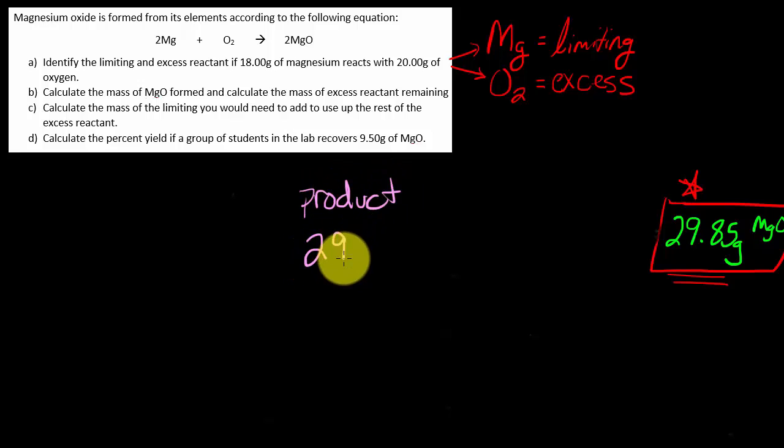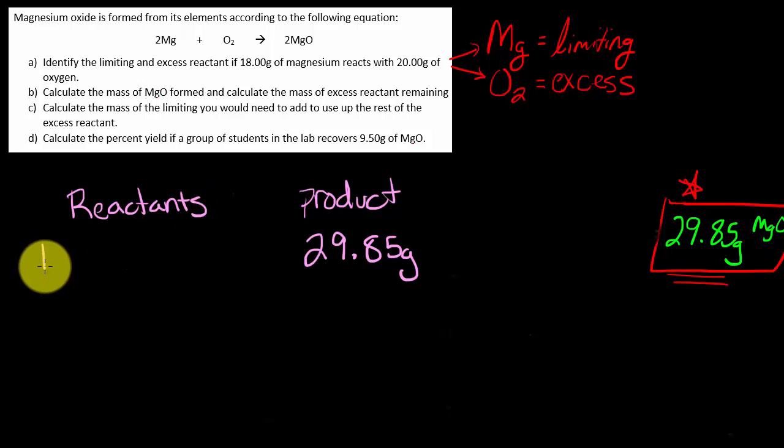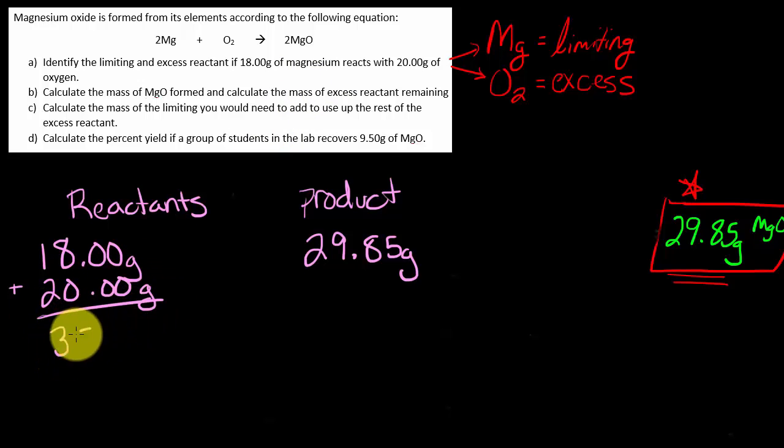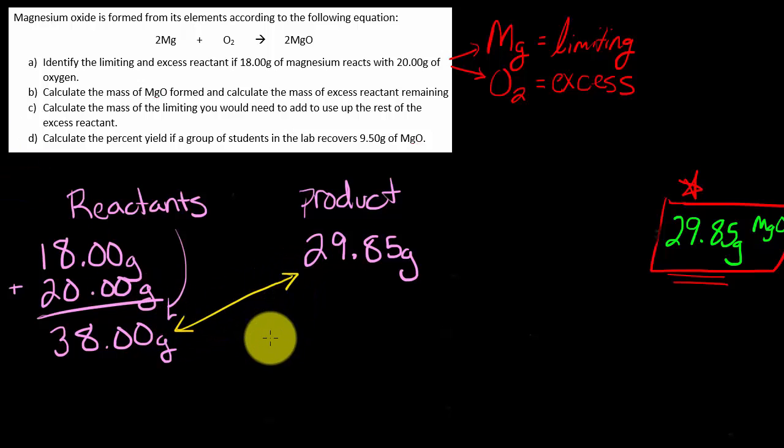Our product is 29.85 grams. And we know that our reactants were 18 grams of magnesium plus 20 grams of oxygen for a total of 38 grams of reactants. So 29.85 grams of product, the difference between these two numbers, 38 and 29.85, is the mass of the excess reactant